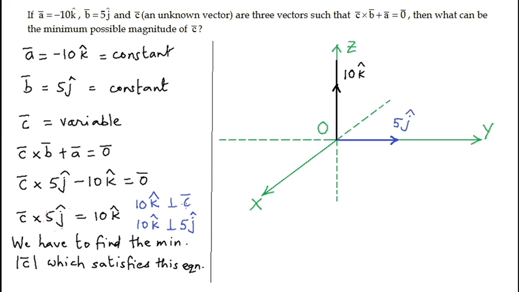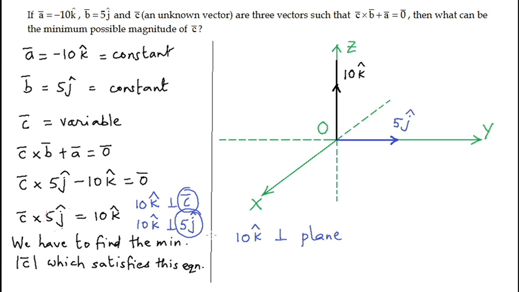Now if 10k cap is perpendicular to both of these vectors, clearly it means that the vector 10k cap must be perpendicular to the plane. Remember, these two vectors c bar and 5j cap,